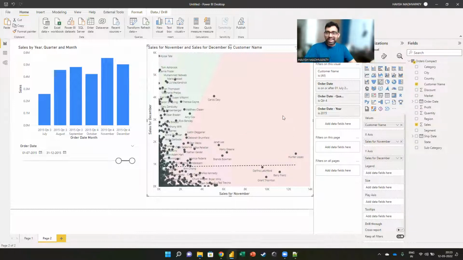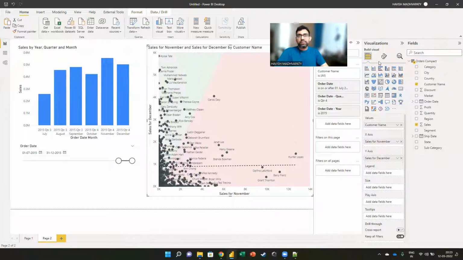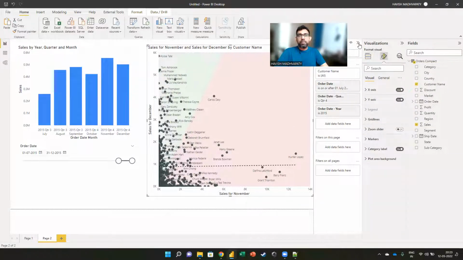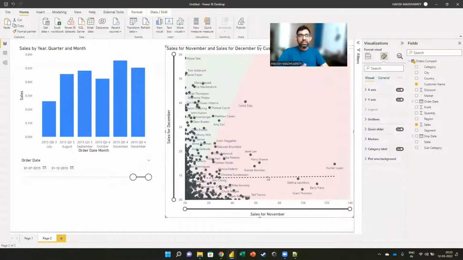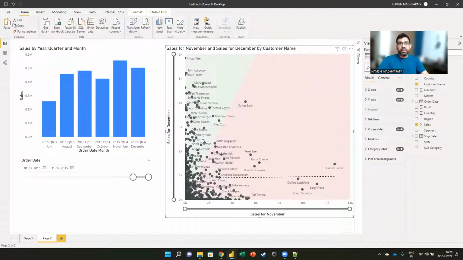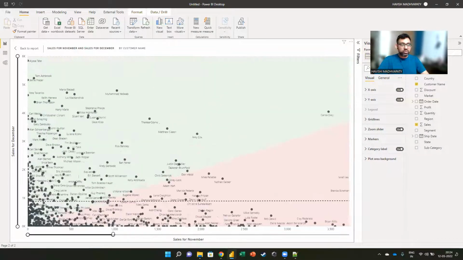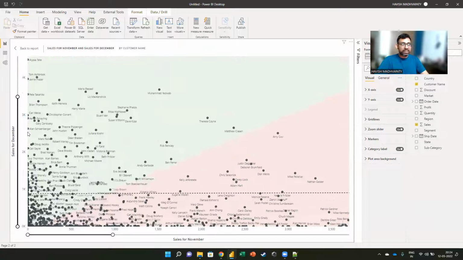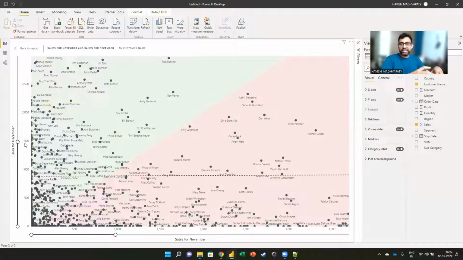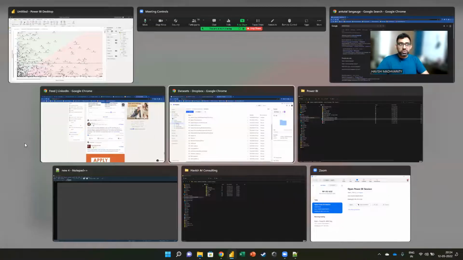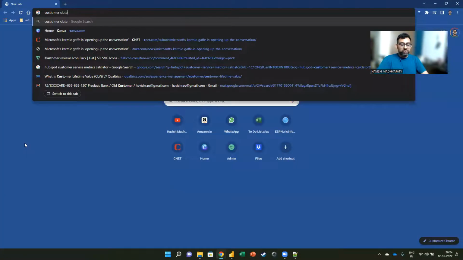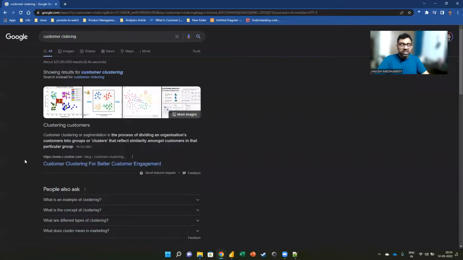Now, if you want to make it dynamic, I can also go to format. If you notice, I can simply go to format and we will insert a zoom slider. How awesome is that? Watch this. Let me expand it. So I have these zoom sliders at the bottom, and I can just zoom into an area and try to find out the people in a cluster. In marketing analytics, we call it customer clustering. So there are a few terms associated with it. One is customer segmentation, I'm sure all of you have heard of that, right? And we have another term called customer clustering, which is exactly what we are doing right now.